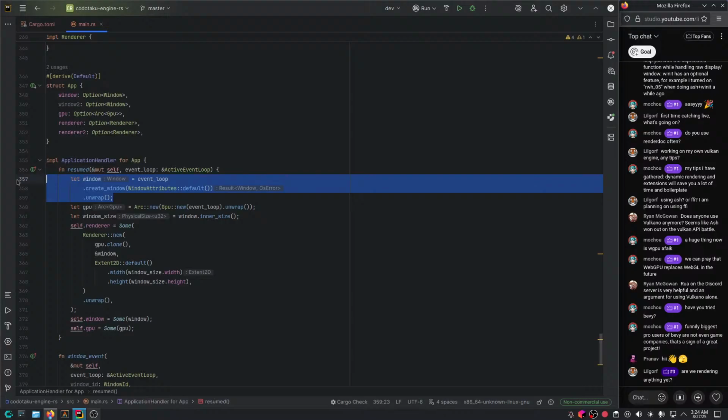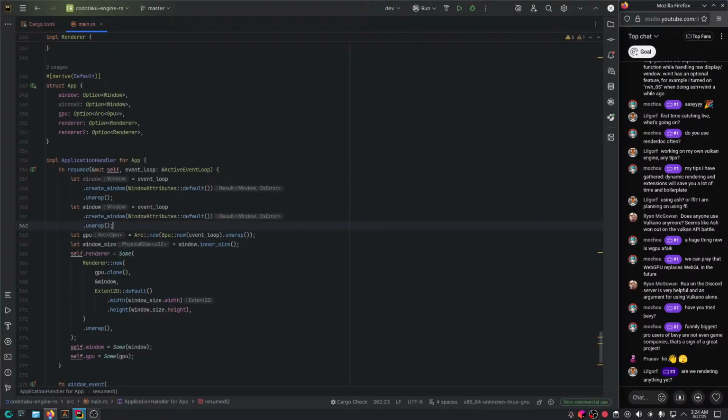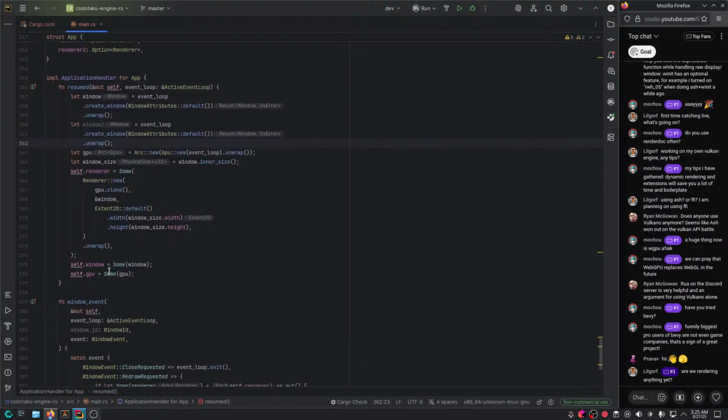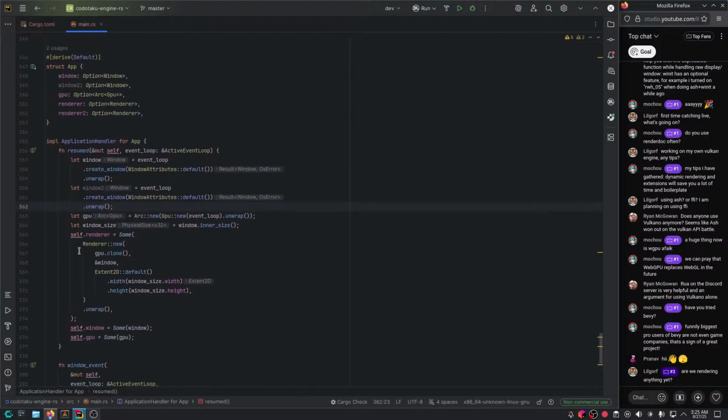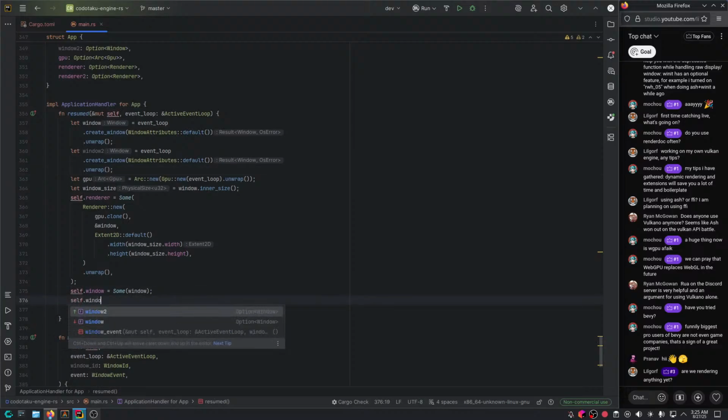Not really, just clearing the screen right now, clearing the window, and hopefully next stream we're gonna do some shaders and so on. Create window, window 2, and then we're gonna create a second render. So how are we gonna do that? Well, self.window2 equal window.